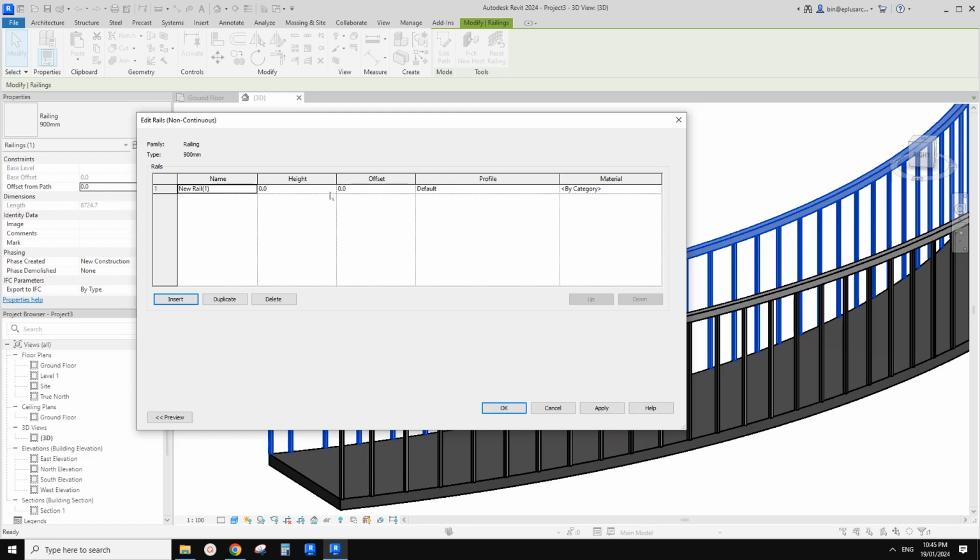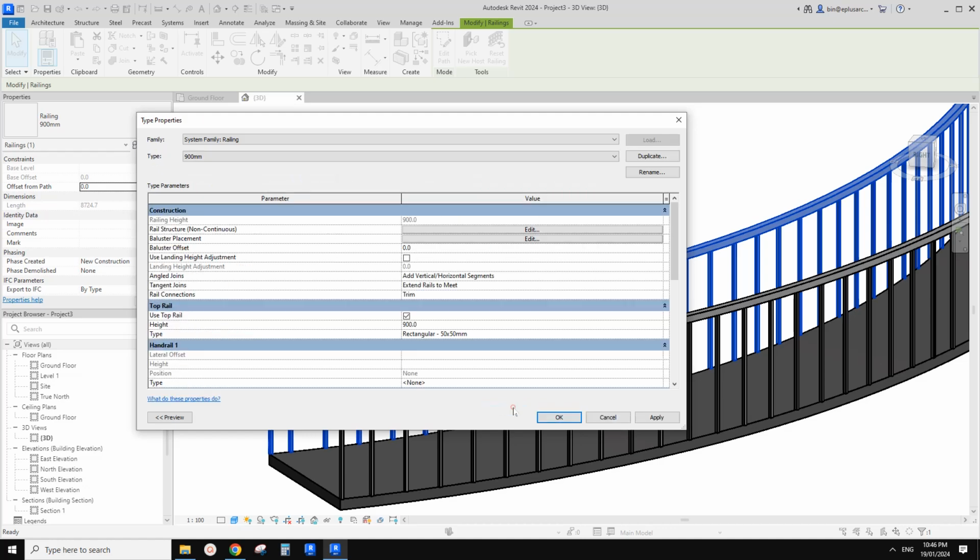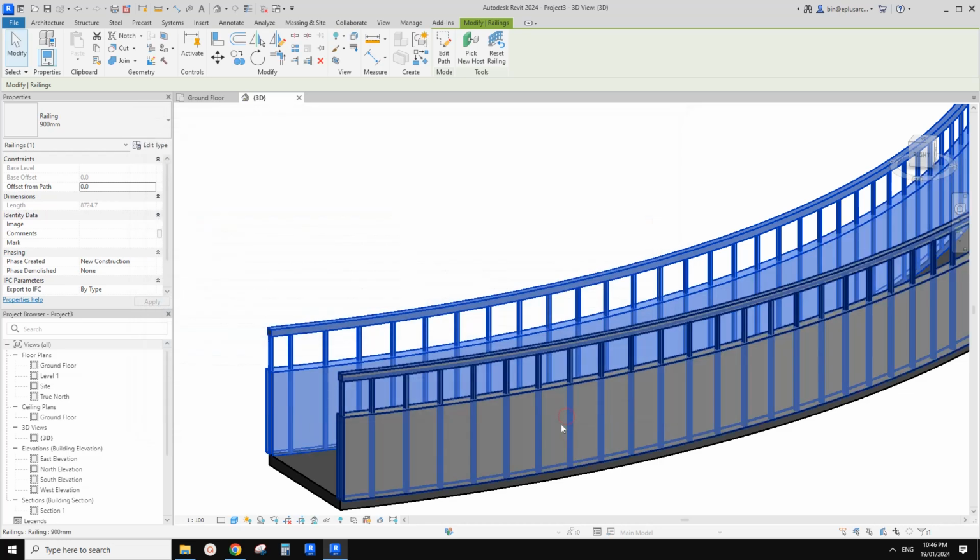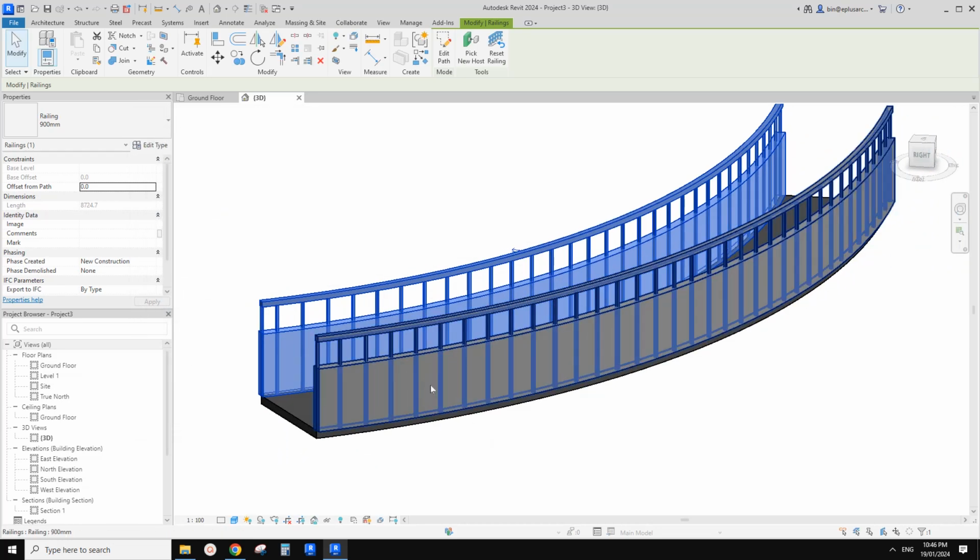Height is the bottom of that profile. In this scenario, it needs to be 0. Offset, I'll just leave it for now. Profile: we need to find that file, which is family 3. You can change the material if you want to. Click OK and OK. Now we have a solid